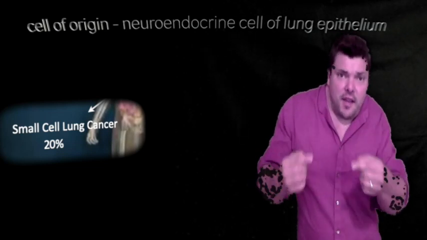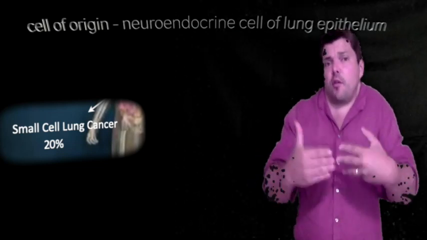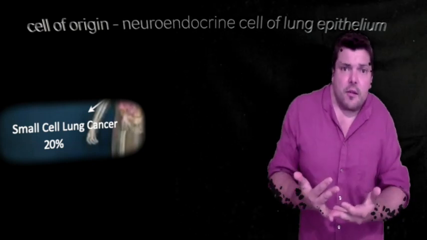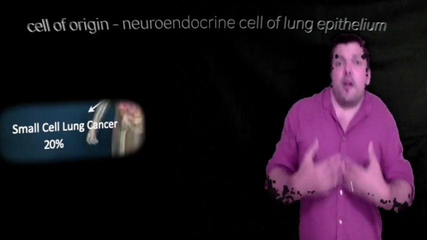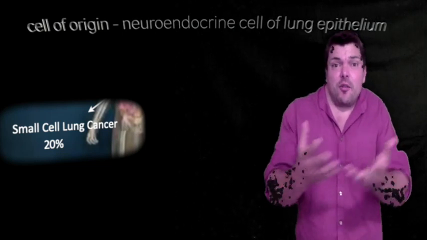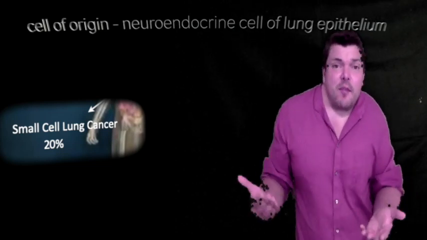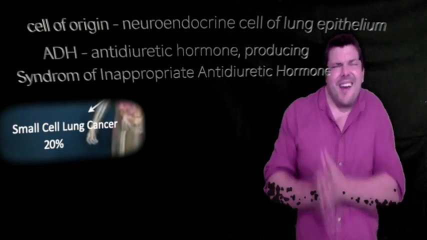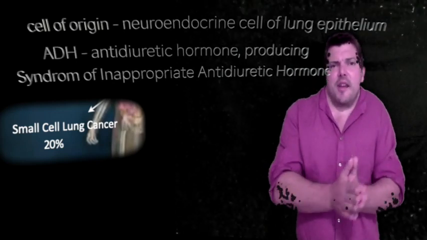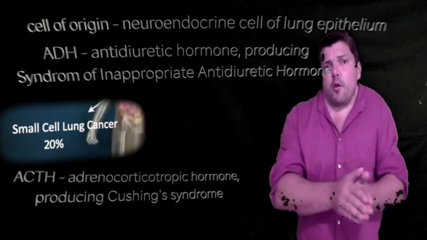Small cell lung cancers, because they have neuroendocrine capabilities, are infamous for secreting their own endocrine hormones. Most commonly, antidiuretic hormone, or ADH, a little bit less commonly, adrenocorticotropic hormone, or